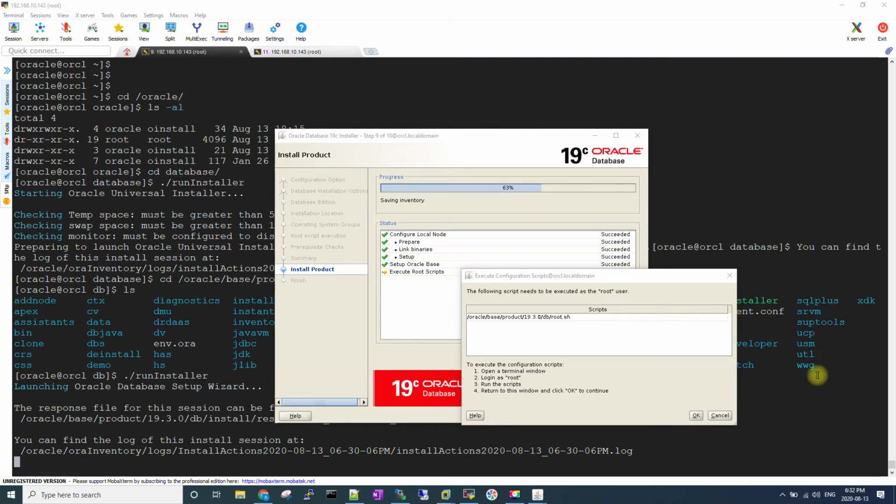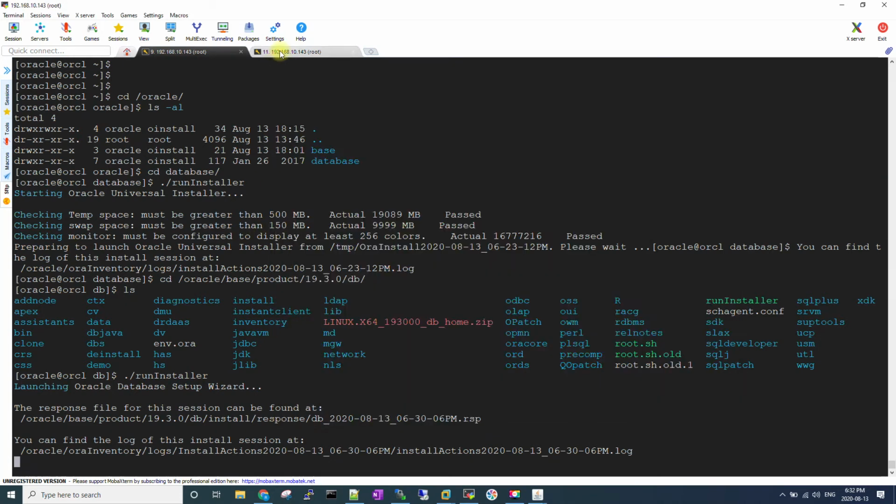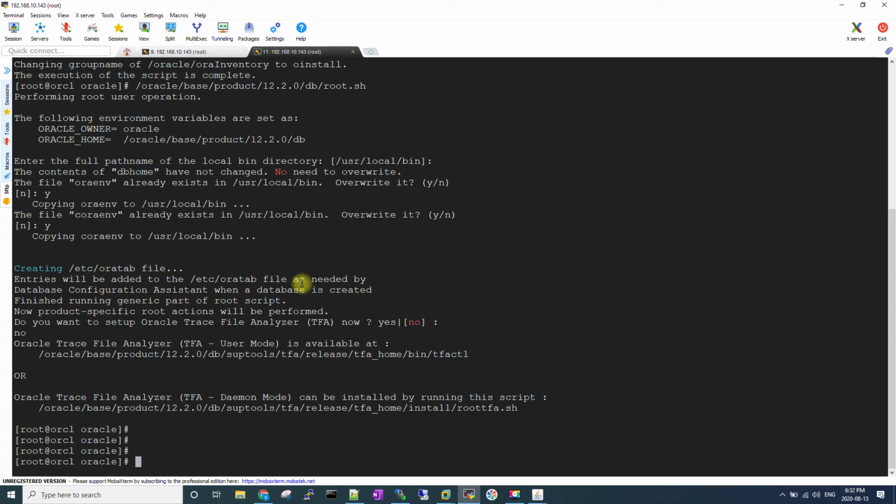So yeah, this did not take me much time. Actually, it took just 2 to 3 minutes. Let me run the root.sh file. cd base, cd /oracle base product 19, root dot